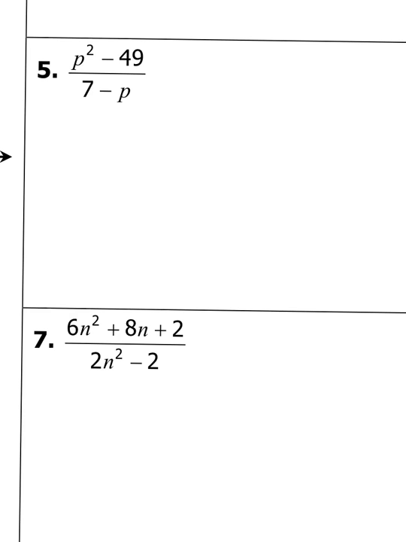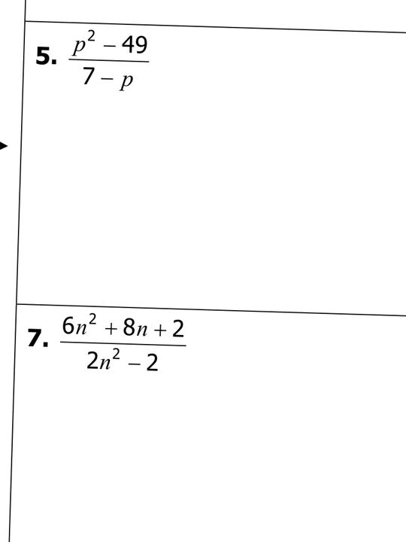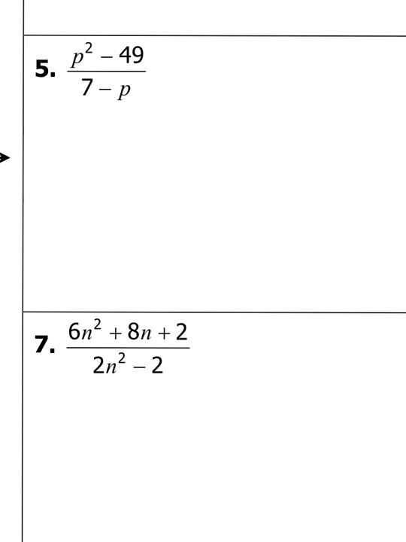Okay, so for number 5, I see 2 terms. Okay, and then 2 terms. So I'm going to try to factor out a GCF. Unfortunately, there is no GCF on the bottom. There's no GCF up top. I can't factor like we've been doing with the trinomials, but if you remember from 2 days ago, up top,